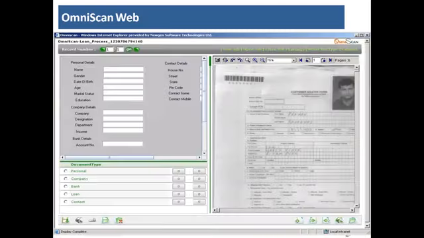Just a few slides. This is a web capture. You can capture the documents through web. So for example, you have a username and password. This is entirely a web-based system where there is a scanning button here, and automatically segregation of documents will happen here.